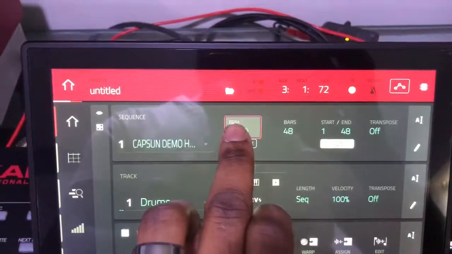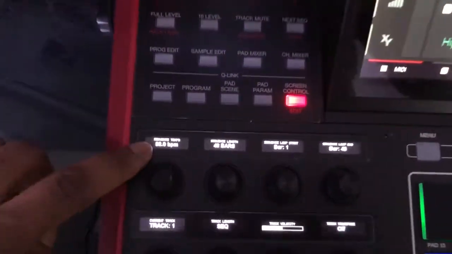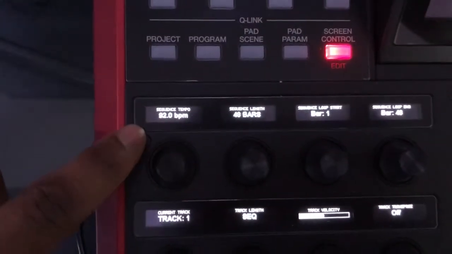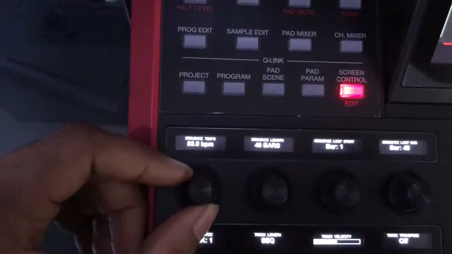I could touch it, and then use the jog wheel and change it. Or I could just go right to, for instance, the BPM. I can go right to the BPM on the Qlink and change it. So I can go directly to wherever I wanted to go. So it's just one of those little things